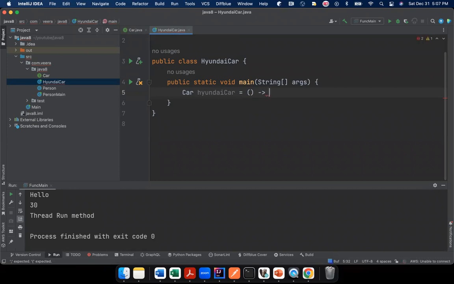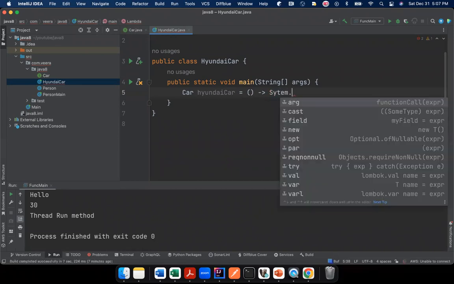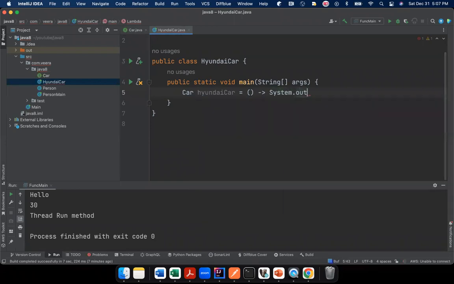I'm not writing any real implementation, I'm just writing a sysout statement, System.out.println, with a display statement: this is the Hyundai